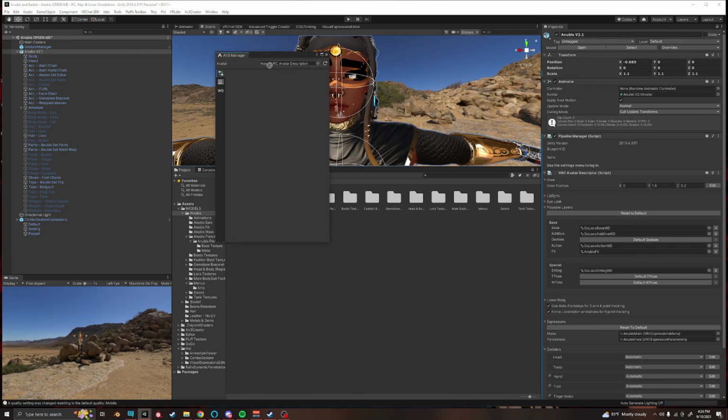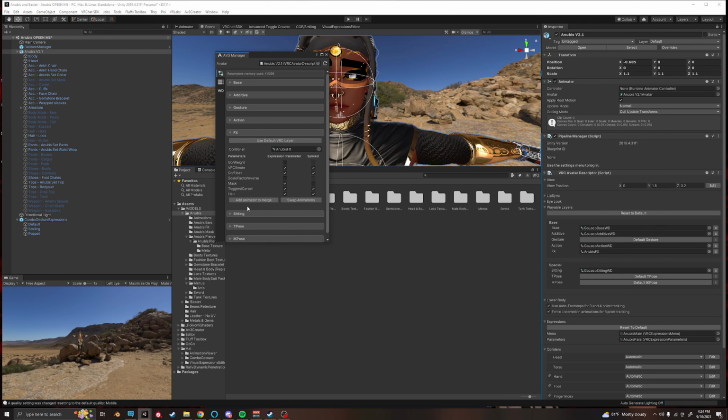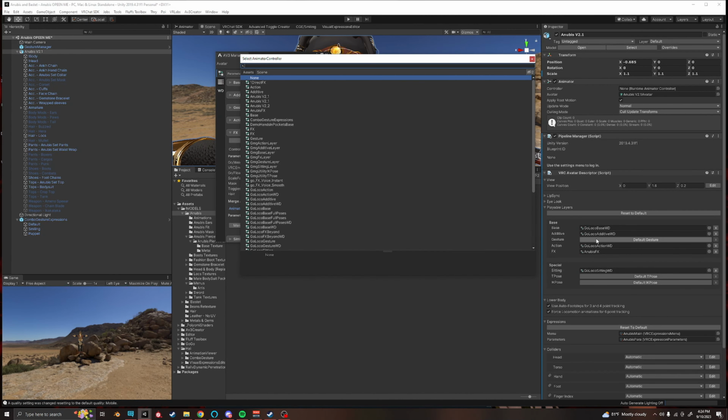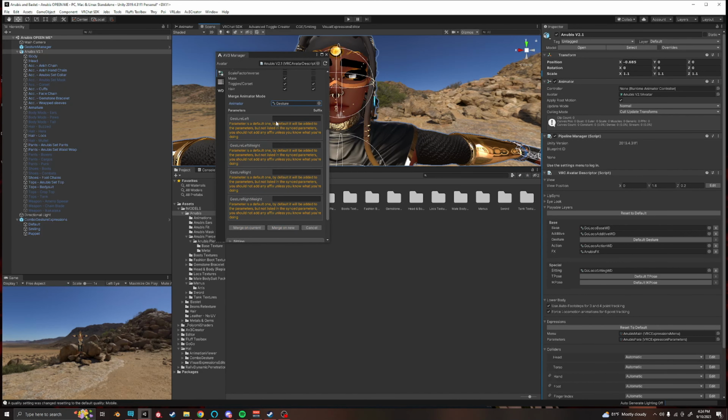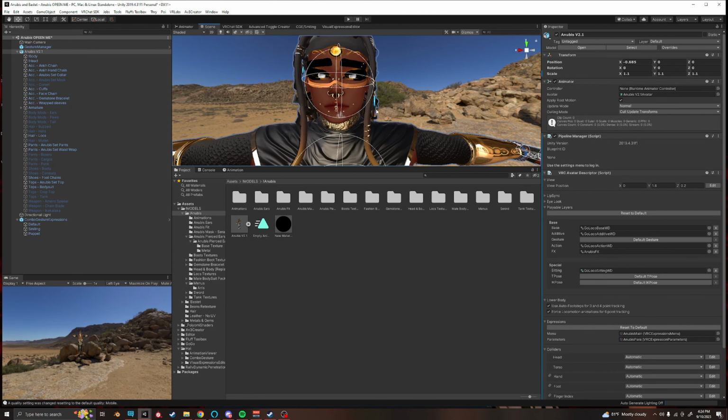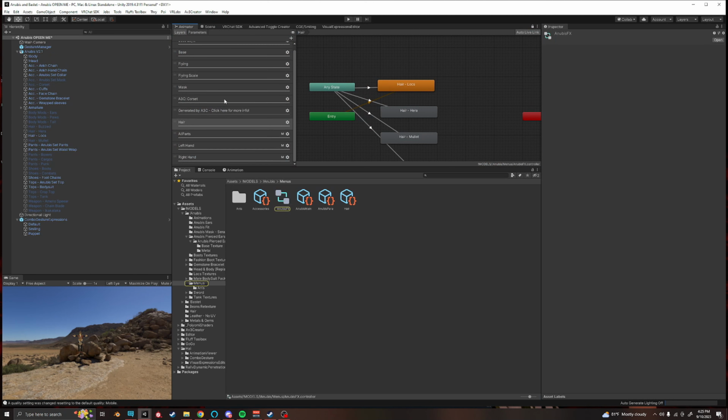Again, I don't advise using this. I like using the combo gestures, but if you want to do it this way, what you would do is come to your FX layer, and then remember I told you that you don't put the gesture in the gesture layer, that it breaks things. You're going to add the gesture here to his FX layer. So I'll go ahead and add it, and then I'll just delete them because I want to show you guys what that looks like. So now when I go to his FX layer,